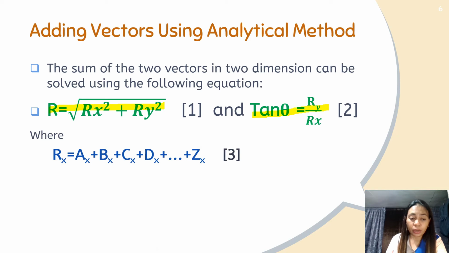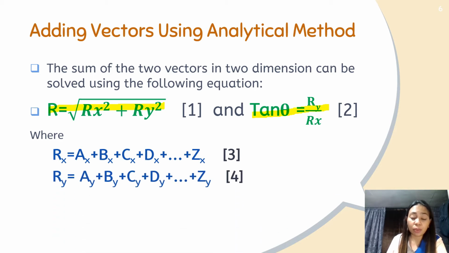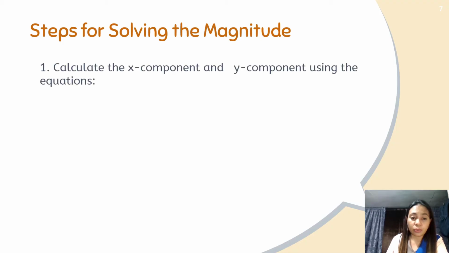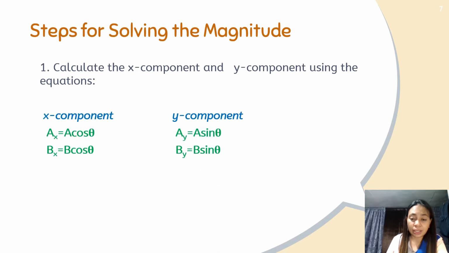Okay, where your rx here is the sum of all the vectors in the x components, and your ry is the sum of all the vectors in the y components. So you have rx equals to ax plus bx and so on, and then your ry is equals to ay plus by. So for solving the magnitude, this is how we did last time, right? Your x and y components are